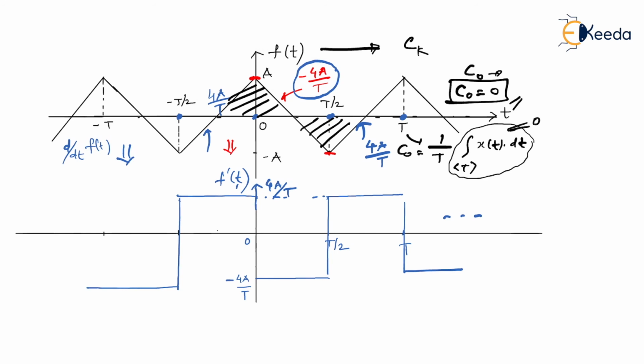By observation you can see the right content and left content is always same. So even if you do time reversal for this, that is f of minus t, you'll get f of t only. So definitely this is even, and of course it is real. So we have studied this property. If f of t signal is real as well as even, then its Fourier series coefficients are always real as well as even. If the given signal is real and odd, then its Fourier series coefficients are imaginary and odd. So please don't forget that. If you remember the properties of Fourier series, most of the time you save your time. Thank you.